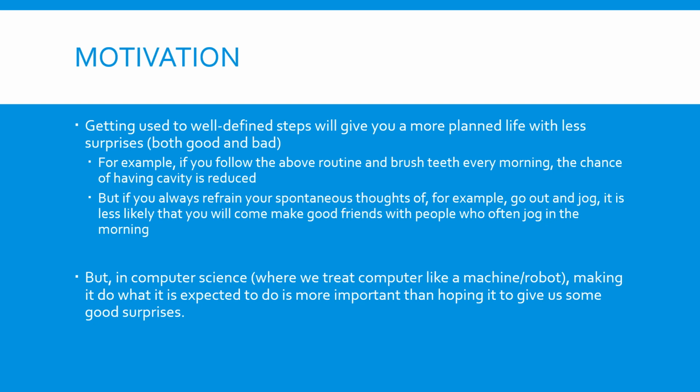While it is a personal choice of whether to live a life full of surprises, we don't like surprises in the context of computer science and other fields of science and engineering. We want the computer to work as it is told to, we want the coffee machine to brew coffee as intended, and we want our understanding of the nature to be precise and comprehensive. Therefore, studying algorithms can be very important in science and engineering.